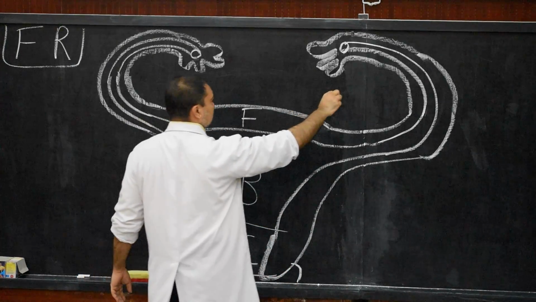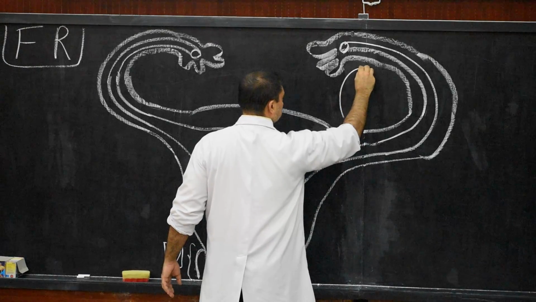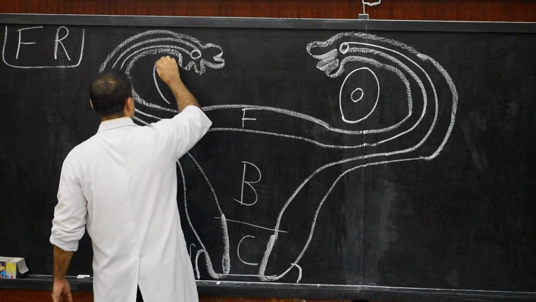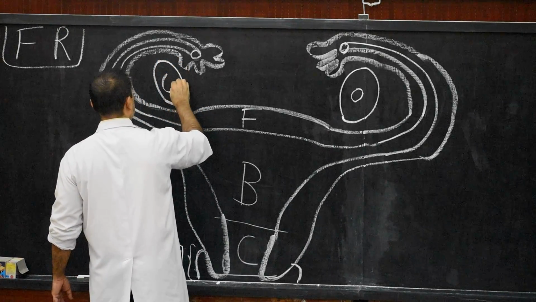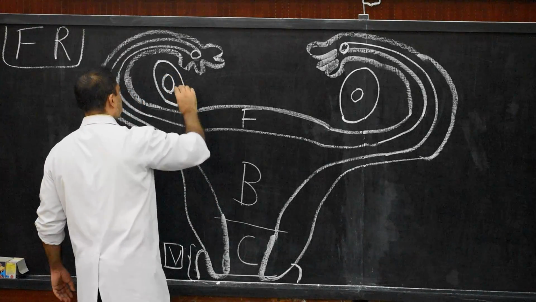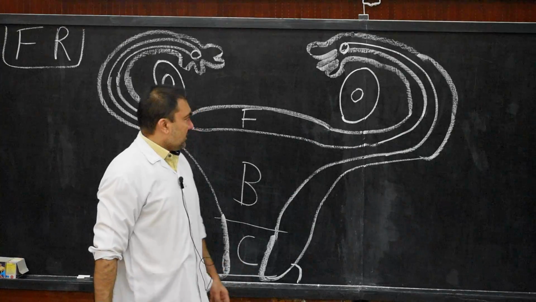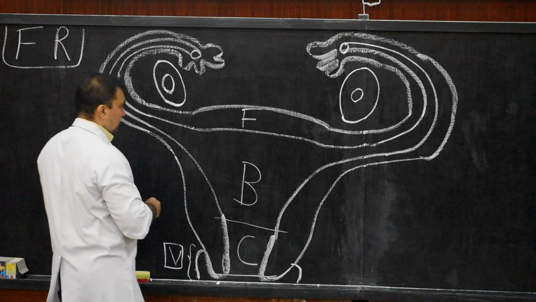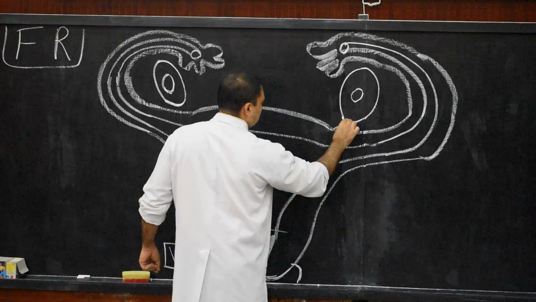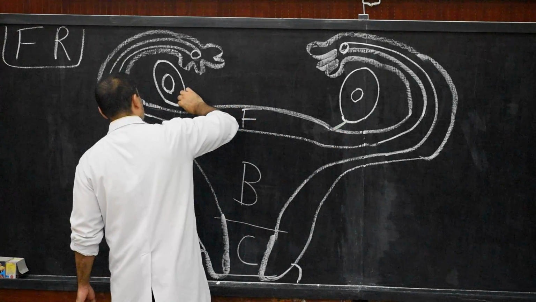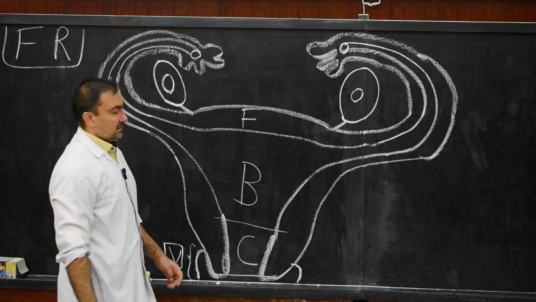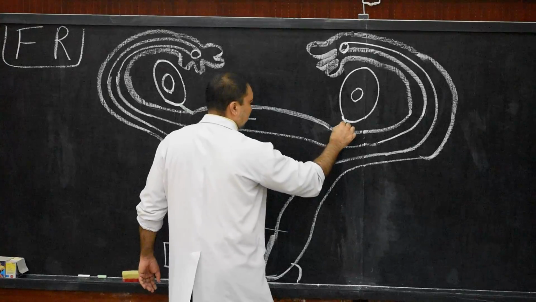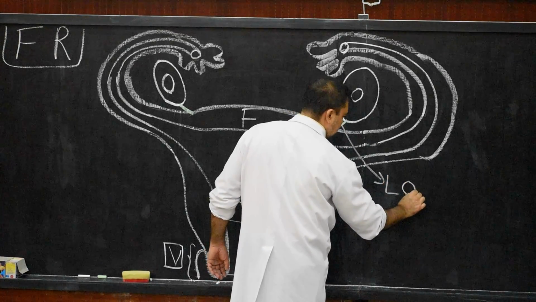And now we draw the ovary. This is where we have to show the ovaries. Here I will write O, and these ovaries on both the sides, right and left side, these are the ovaries. Now we show one of the ligaments, lower pole of ovary, connecting it to the lateral part of the uterus, cornu of the uterus. So this will be the ligament of the ovary.